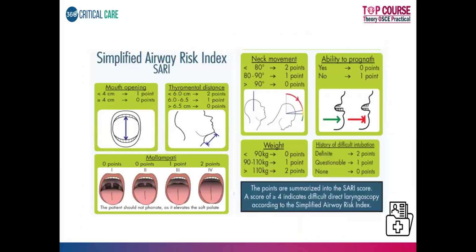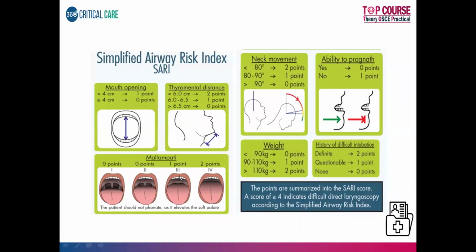And there is recently one more easy way of assessing this difficult airway, especially either in the perioperative period or, if possible, in the ICU. That is nothing but the SARI index. What is SARI? It is the Simplified Airway Risk Index, which takes into account the mouth opening, the thyromental distance,